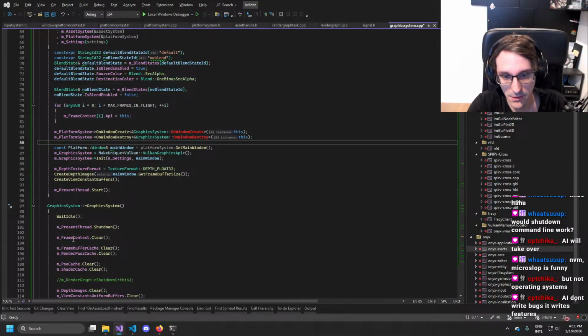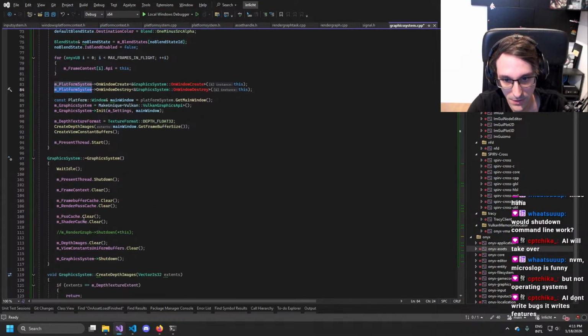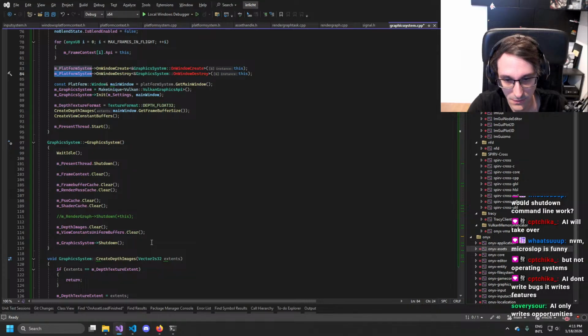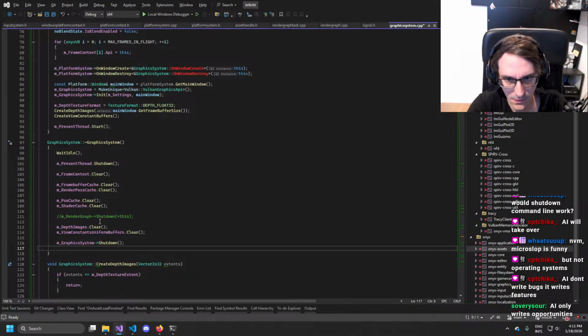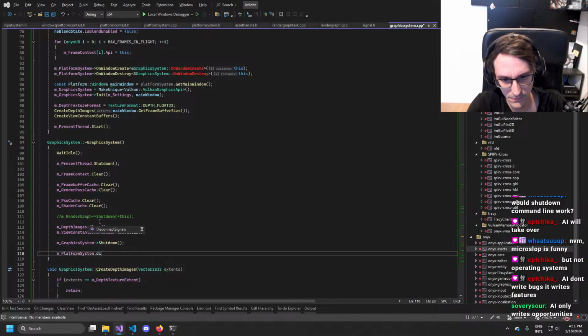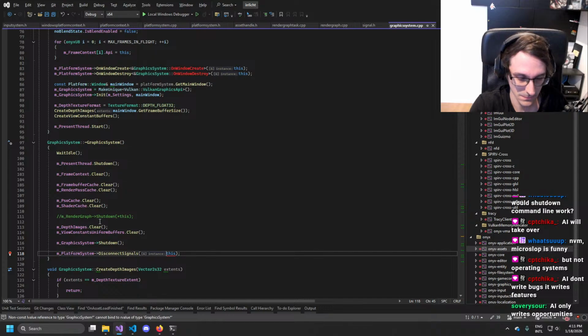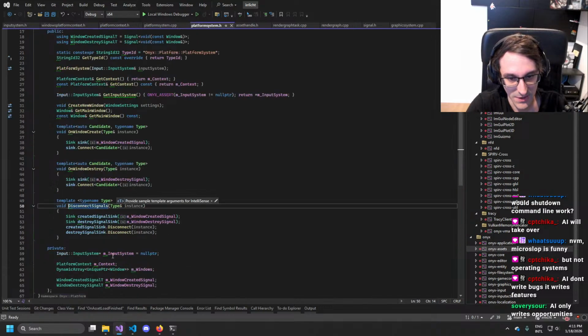And then here at the end, disconnect signals this. Do I need to actually do that?